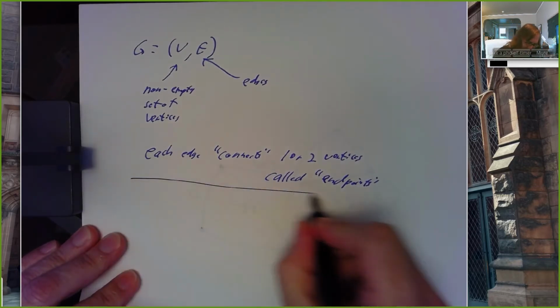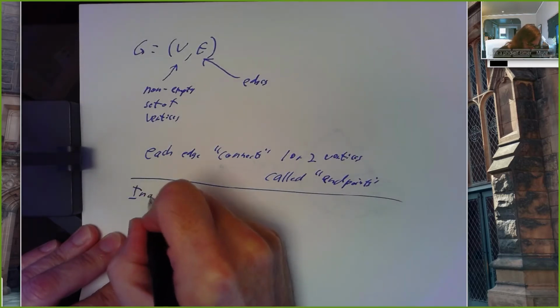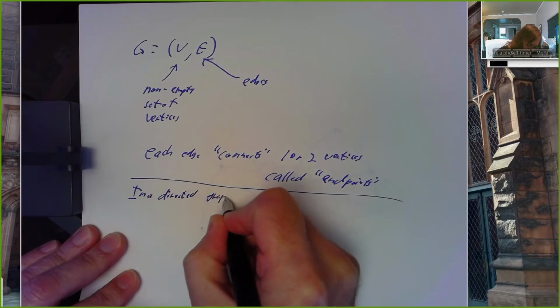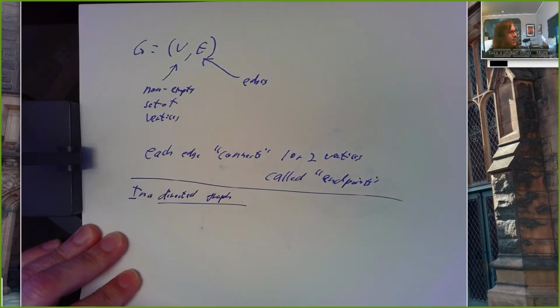All right, if we have a directed graph, a graph where we have directions associated with each of these. In a directed graph,